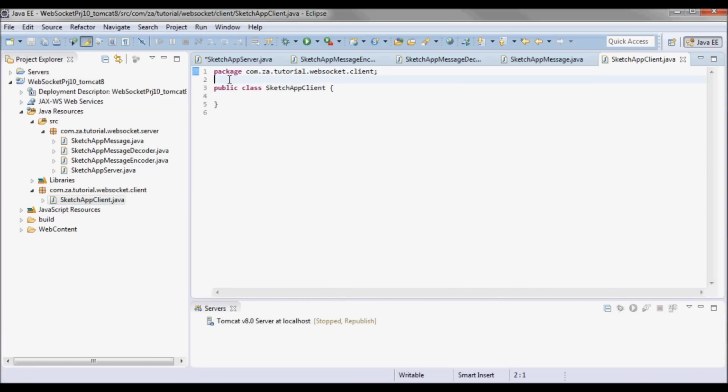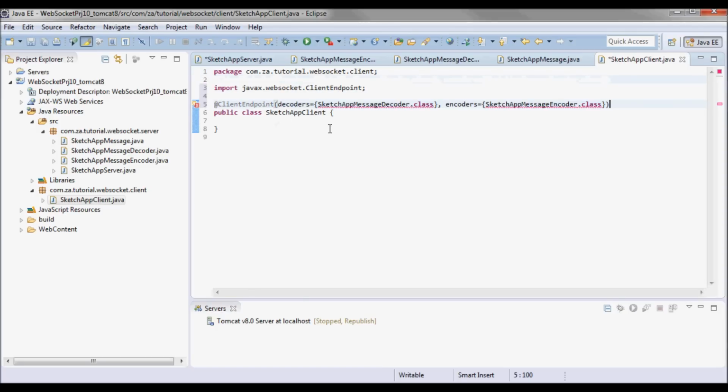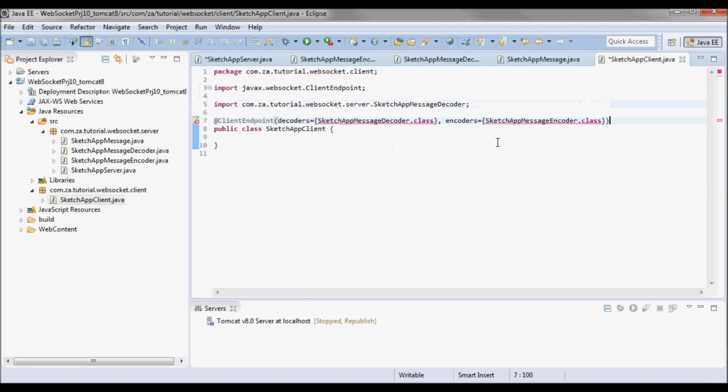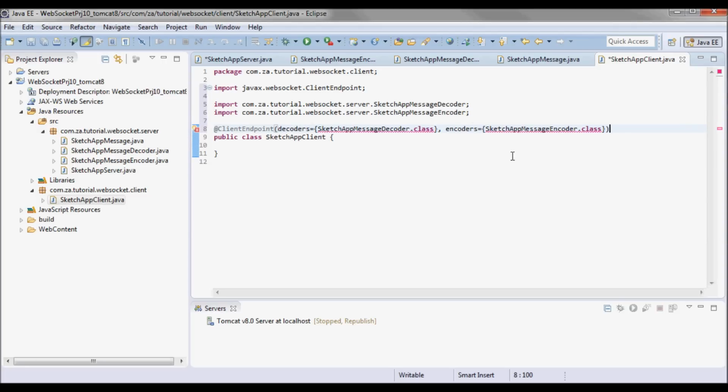And I'll annotate it as a client endpoint with Sketch app message decoder as a decoder, and Sketch app message encoder as the encoder.